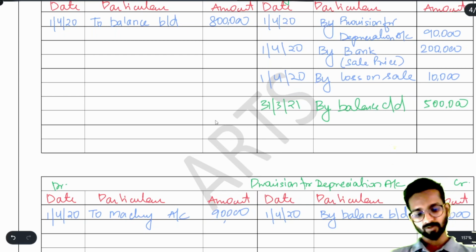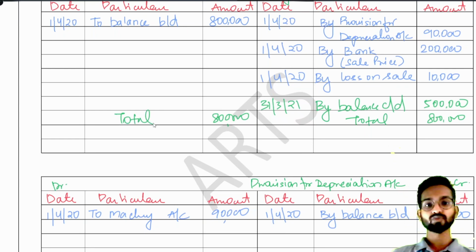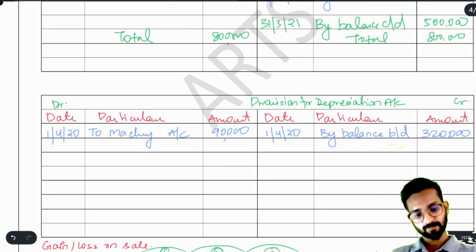After that, you will write the total. Yes, I will write the total of 8 lakh. Very good. Then he told me, then sir, where is the depreciation of every year? What we used to charge in the depreciation? As I have already told you, that depreciation we will not write in asset account, we will write in the provision for depreciation account. See, in provision for depreciation account, you will write here to balance carried down,